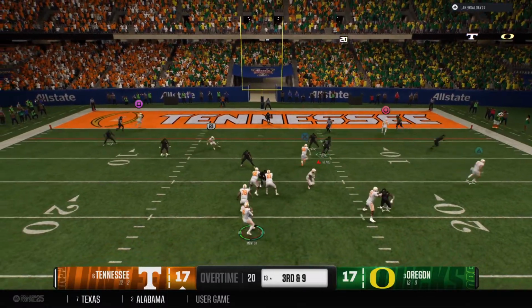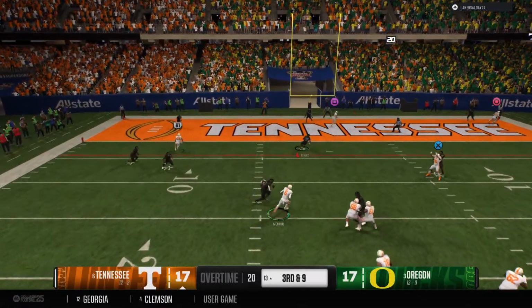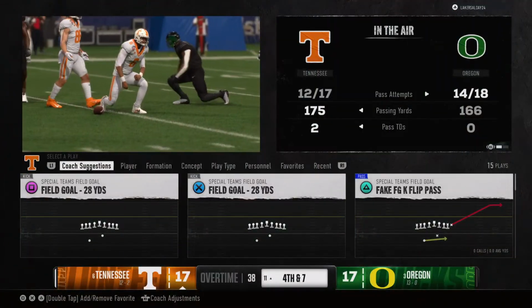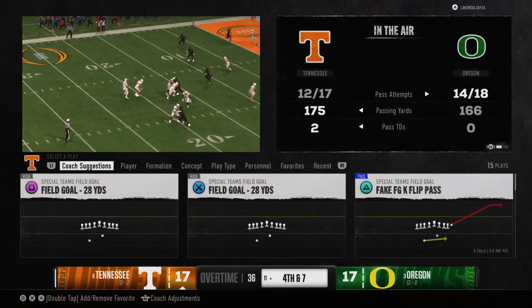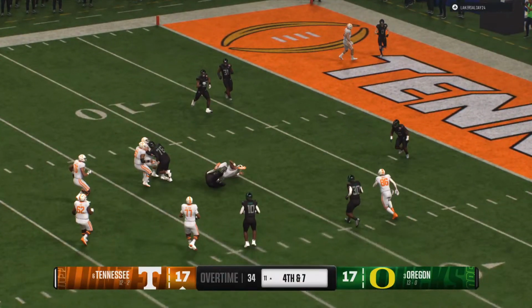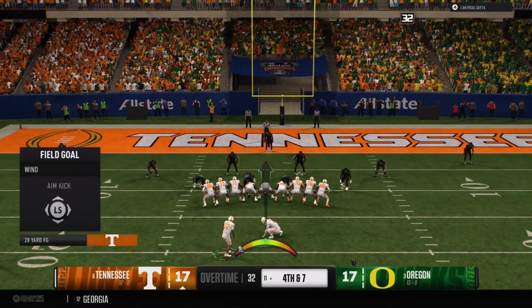Drops back, needing a 3rd down completion here. They chase him down and he tried to run for it, but it'll bring up 4th down. Love to see quarterbacks try to keep a play alive. He gave it everything he had here. He came up short of the 1st down. Boy, he gave them a chance.